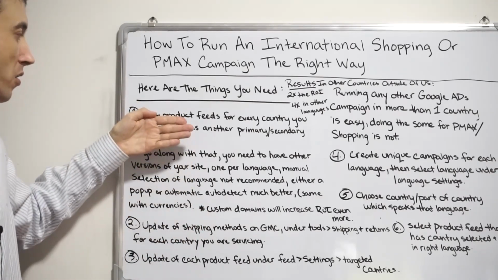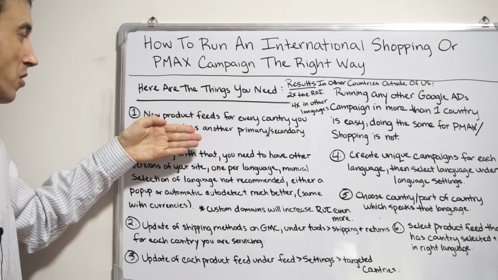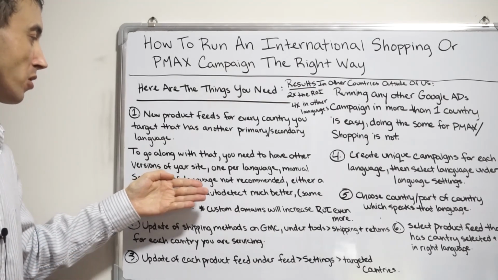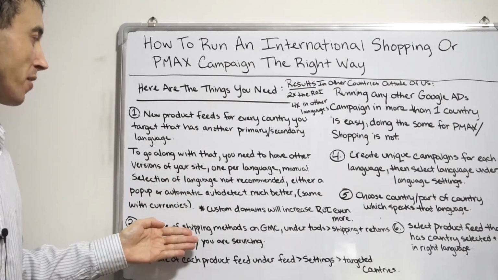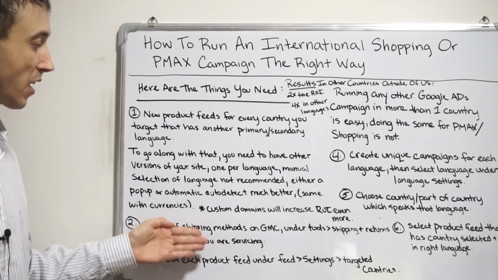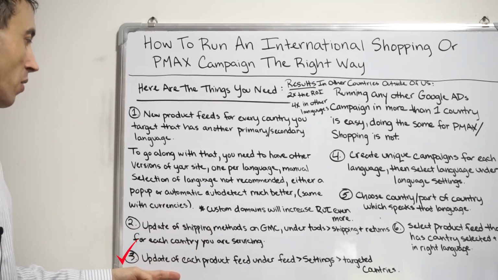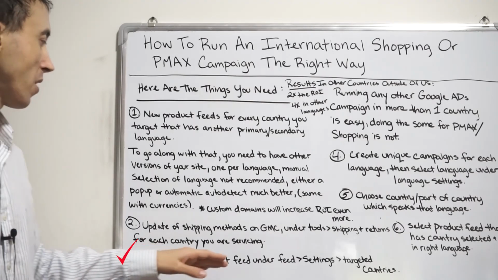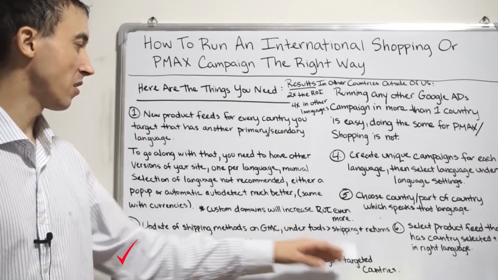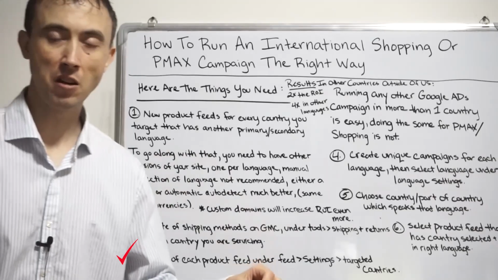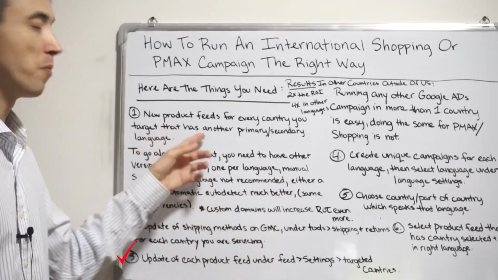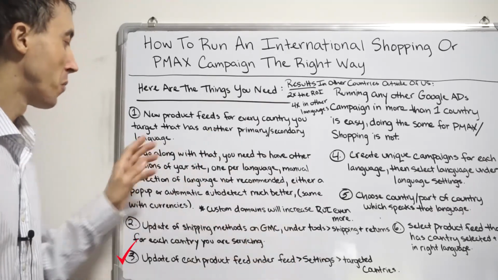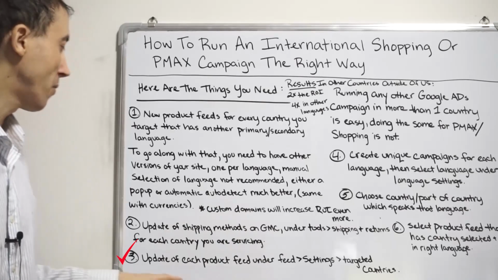So far we've covered: you get your product feed set up for each language. You get your site translated for each language that you're going to ultimately target. Then you set up your shipping policies for every country you're going to target, not every language, but every country. Then we go into the next step, which is update. You need to update each product feed under feed, settings, and targeted countries. So in Google Merchant Center, for every product feed that you have now, maybe it's one because you're targeting one language, maybe it's multiple because you're targeting multiple languages, but regardless of how many product feeds you have,